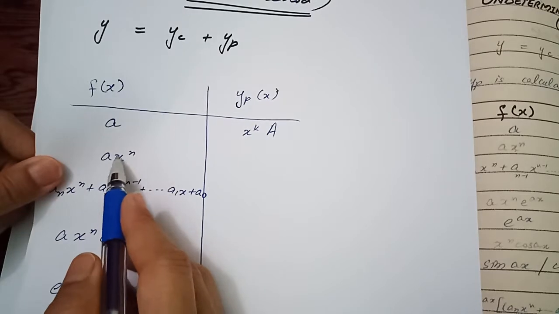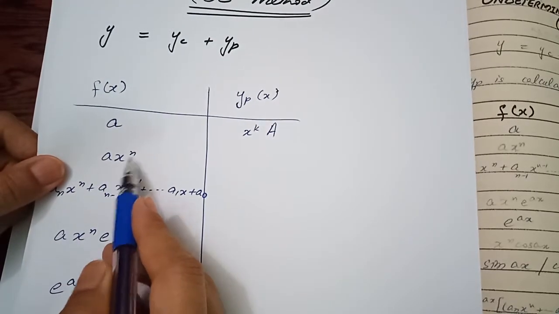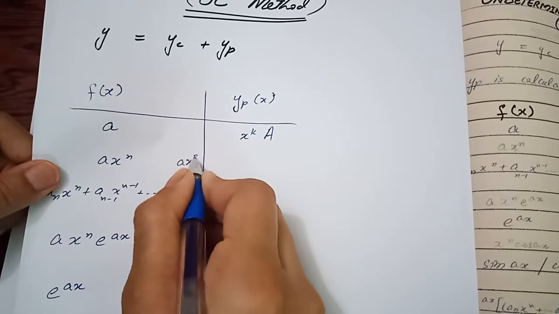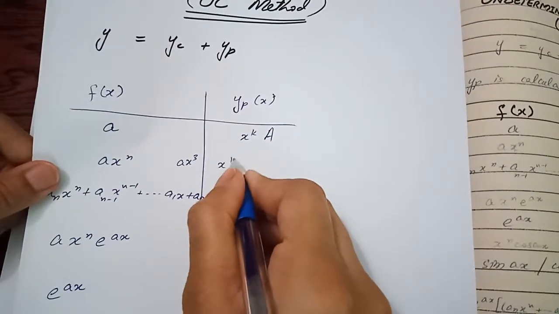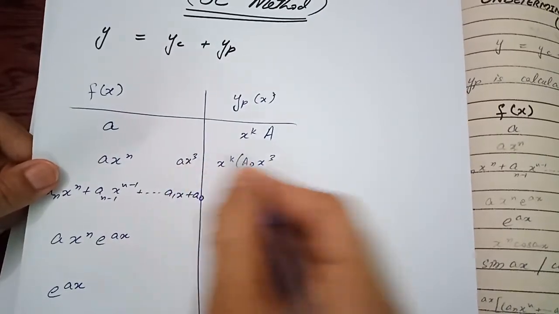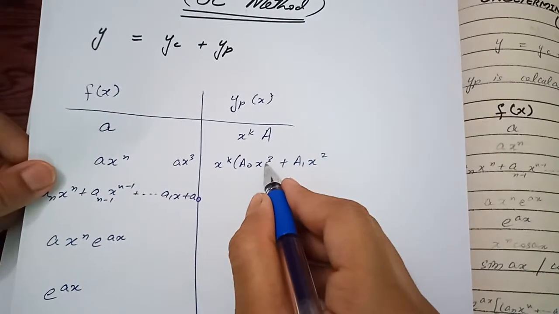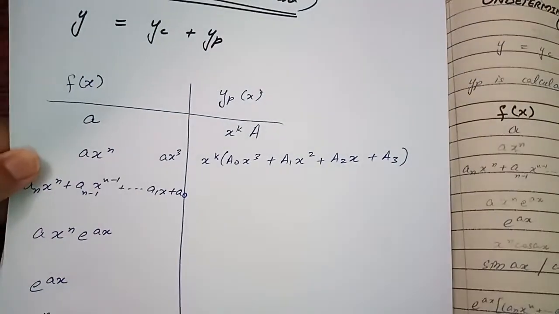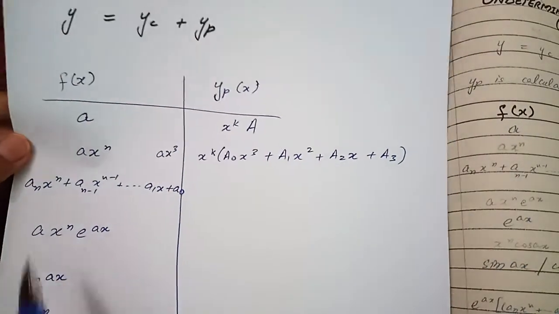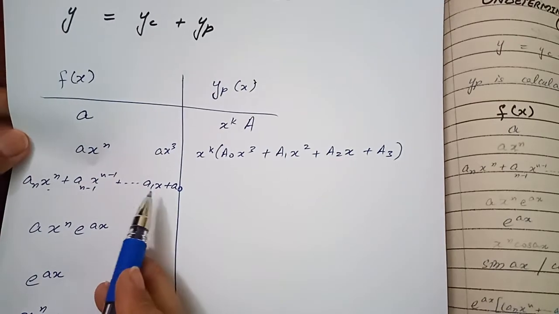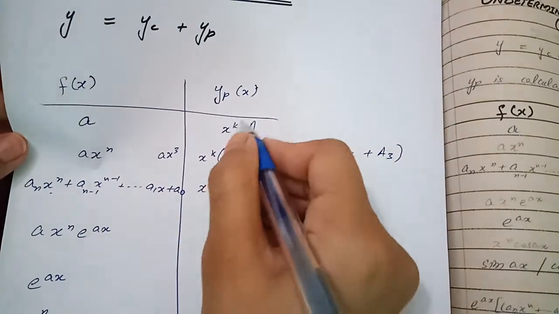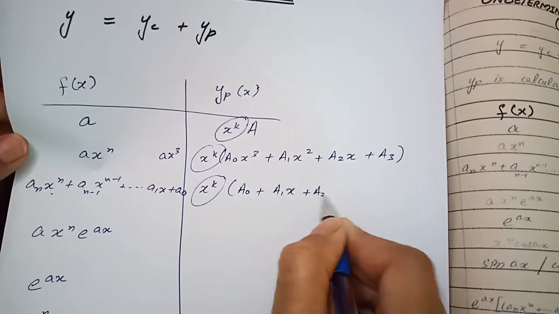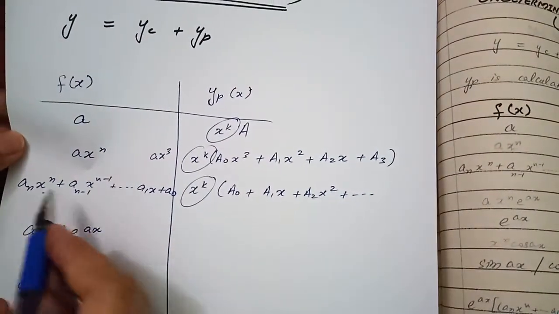If your f of x is depending on x having some power like x squared, x^4, like that. For example, you have, let's say, a x cubed. Then we are going to write it this way: x^k (a0 x^3, this highest power, plus a1 x^2, one power less than 3, plus a2 x, plus a3), like this in descending powers. And if you have a polynomial combination of terms, then we are going to write x^k every time: x^k (a0 plus a1 x plus a2 x^2 plus up to the highest power you have here,